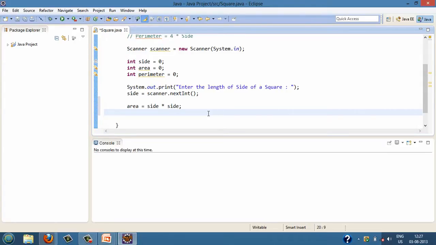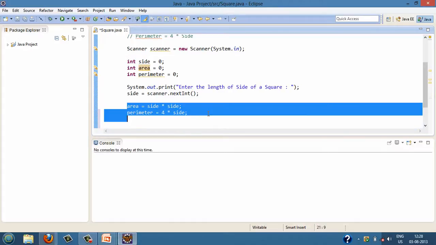And in order to calculate perimeter, we'll use the formula 4 into side. So in this step we have calculated the value of perimeter, which is 4 into side.